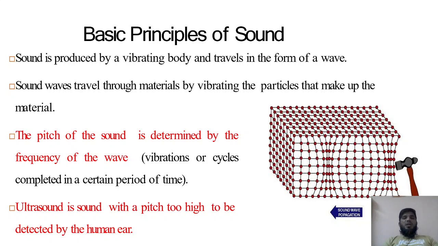So the basic principle behind this is when you hit a surface using a hammer, the energy is transported to the exterior surface. The sound generated here will take that energy and transmit it to the next adjacent layer. If you have studied metallurgy and material science, you might have studied unit cells. For every material, there are a large number of unit cells. The unit cell which has obtained the energy will transmit it to the next level, and the energy keeps transmitting to the next level, next level, next level. So this keeps on happening.